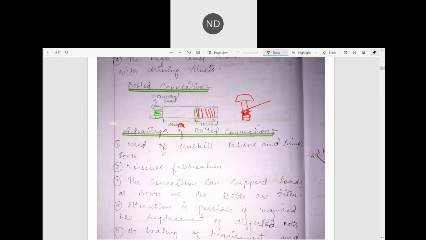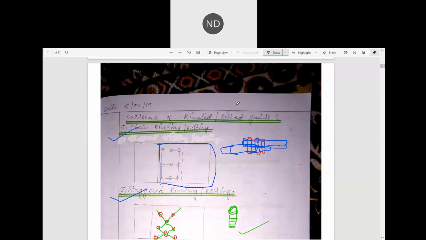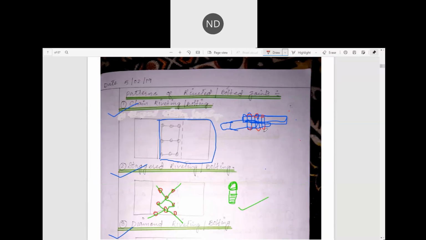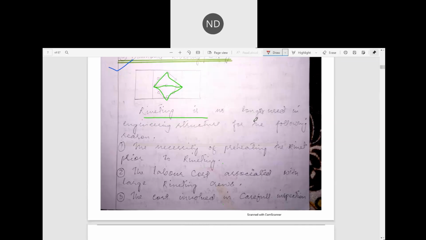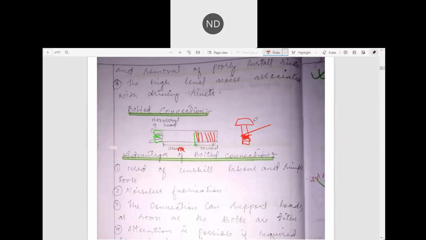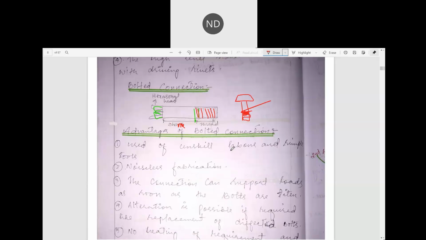So threads are there. Now this is your bolted connection. These are your bolts. In a similar way to the rivets, when we connect these two plates with the help of bolts, that is called bolting. The rivets don't have threads, they have only the plain shank area. In rivets, this entire portion is shank, without any thread. But in bolts we have shank plus thread. Thread gives you better grip and better strength to hold the connection.